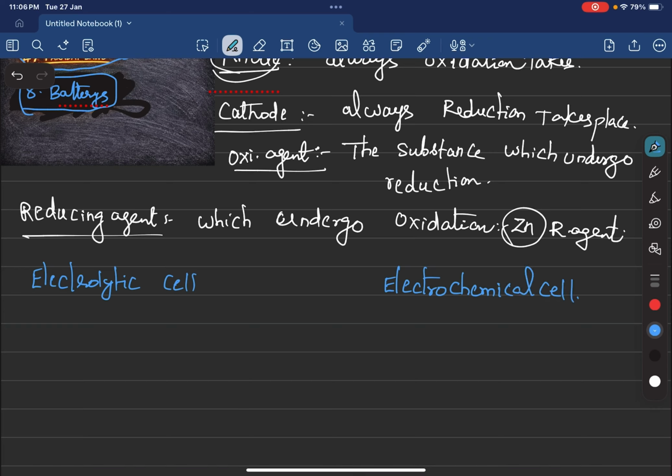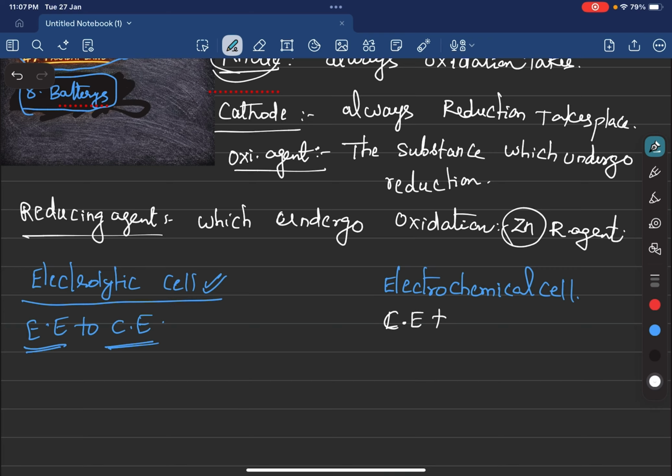So what is an electrolytic cell? The device which is used to convert electrical energy to chemical energy. Similarly, an electrochemical cell means the device which is used to convert